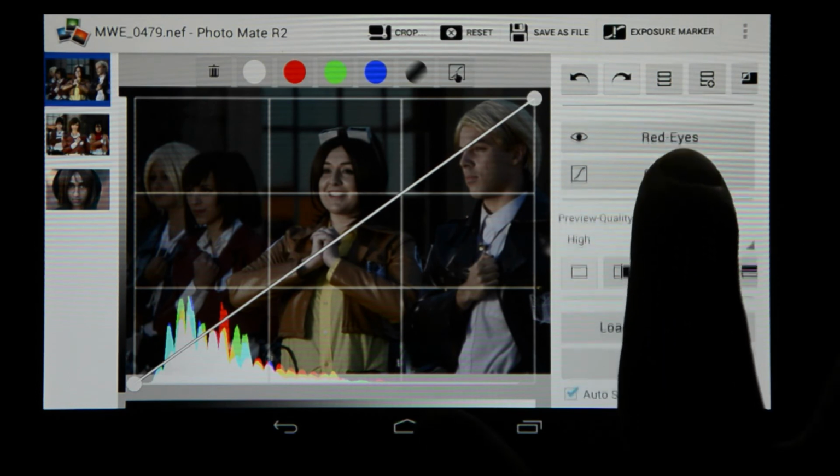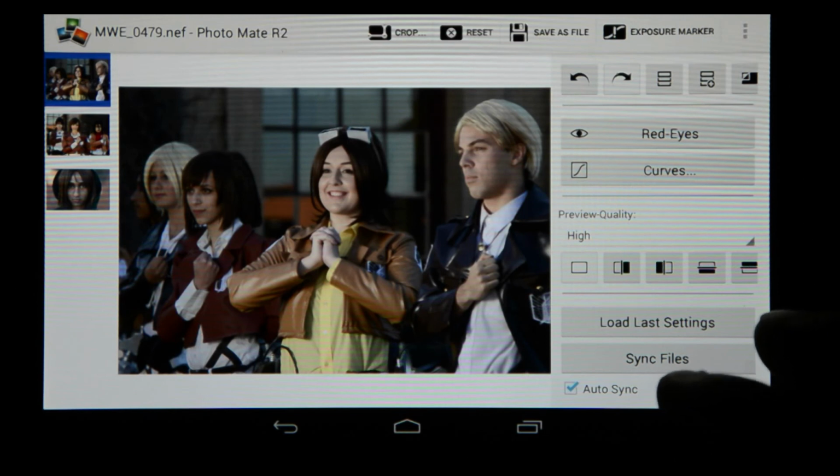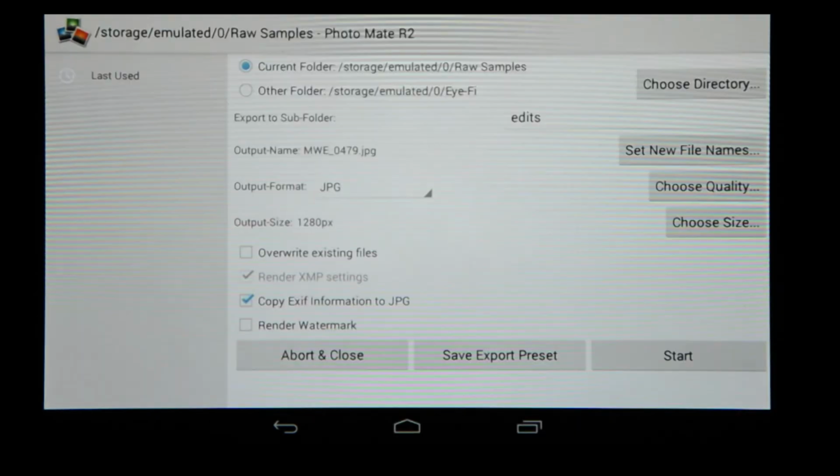Then if I scroll down a little bit more, you'll notice I can also synchronize the files. I can also load settings from a previous image, and you can also create templates while working in Photomate R2. Then when I want to save a file, I can either adjust while being on the image, click on Save As File. It'll bring up this export screen that allows me to choose the folder where I want to save